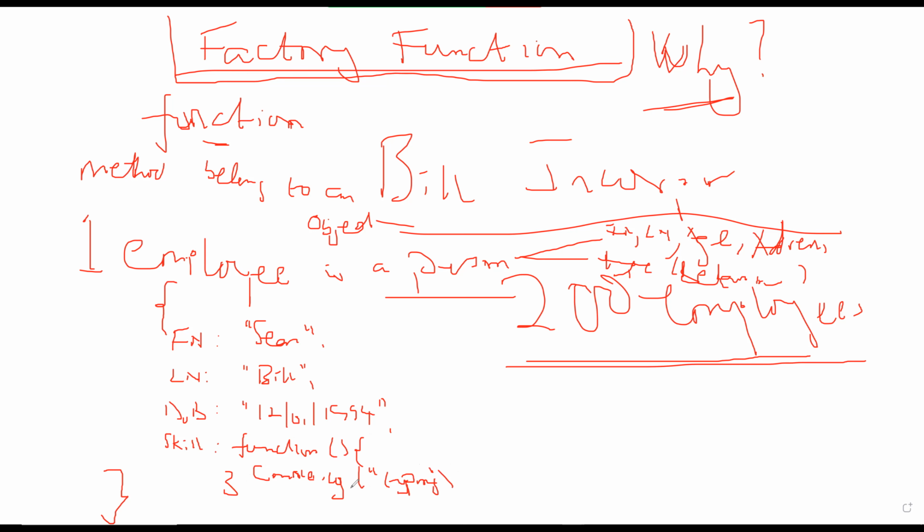Now, if I say I want to use object literal, that means I will go to the first employee, create an object, go to the second employee, create an object, and maybe in the process, I initially defined first name, last name, date of birth, and the skill for everybody. And I went through the pain of creating 200 different employees, right? And later,